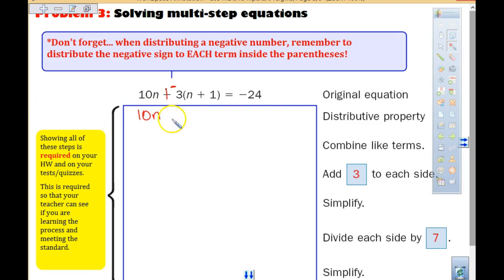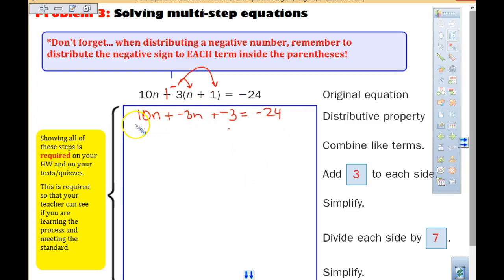and here's what someone in the last class told me when they did this. They said, oh, it's going to be plus negative 3n plus 1 equals negative 24. What did they miss? Incorrect. It is incorrect. This is going to be the negative 3n, but you can't put a 1 there. What do we have to do with the 1? We have to take it times negative 3. Okay, so that was the first error that that person made,